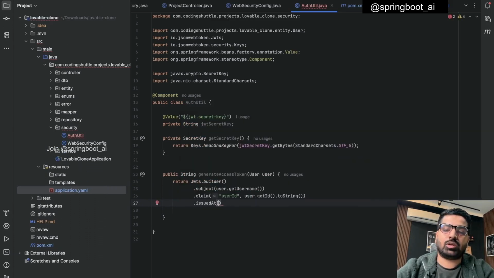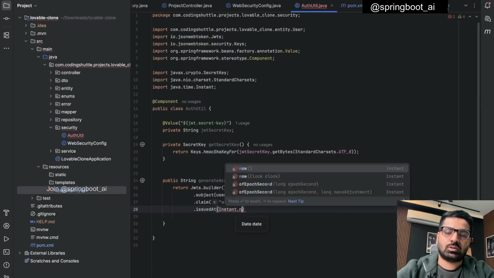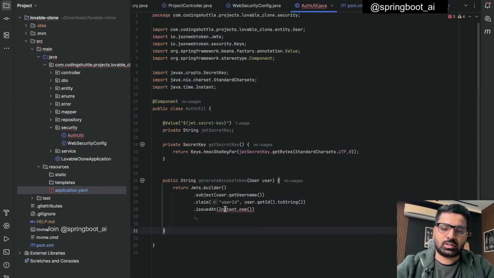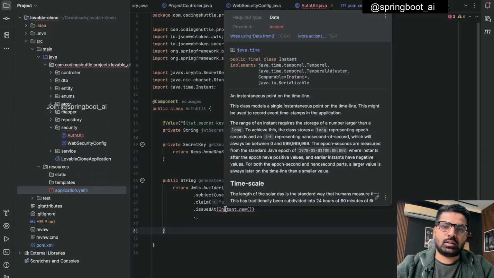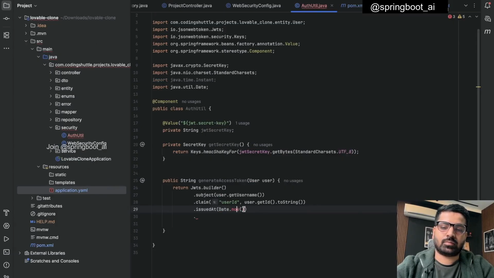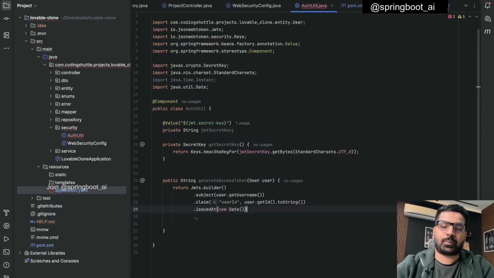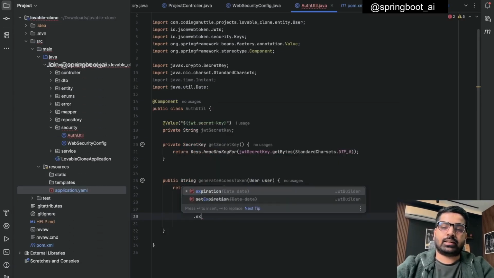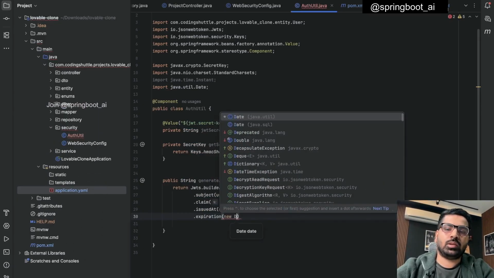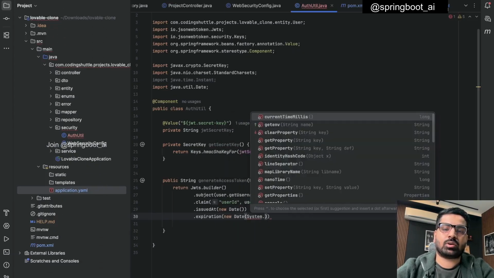Issued at would be right now, so we can do Instant dot now. Wait a second, what does it need? It needs a date, so we can use Date as well. Date dot now, or I think there's a new Date. Yeah. And then expiration date, that would be new Date, and then we can get the current time in milliseconds, System.currentTimeMillis()